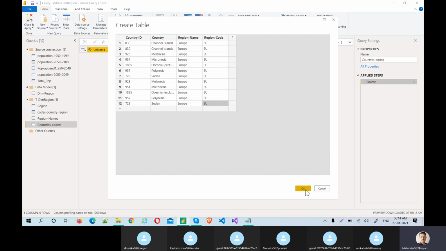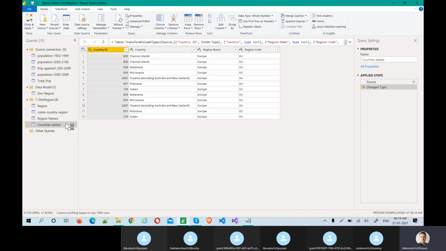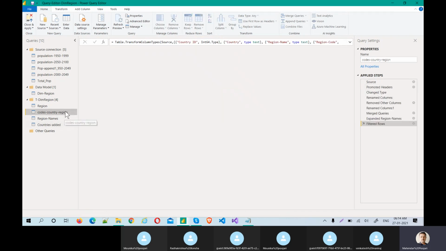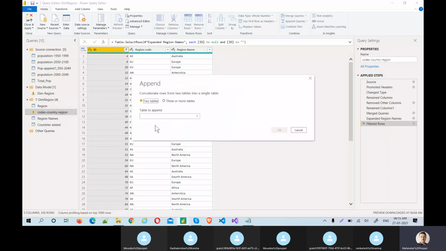So now what do we have to do? We have this, but actually this should be appended to this table, because this table is already merged to this table. This was the given table and it does not have all the countries. So I'll append this to this. Let's try that. Here and there, and append. I'm not doing new, I'm just trying to do the same append. Then added countries. Let's see what will happen.